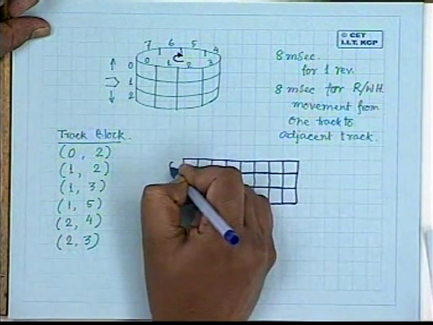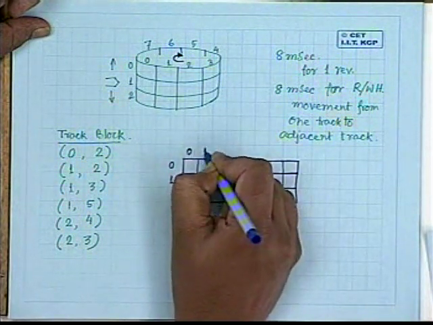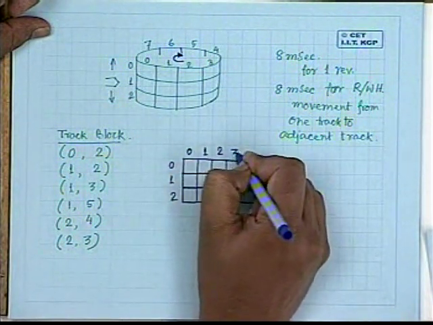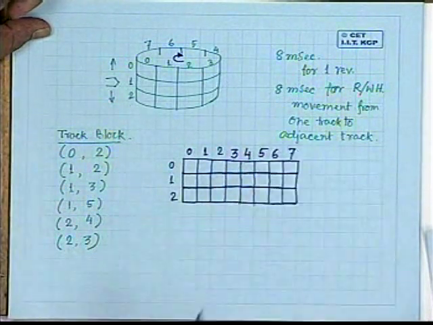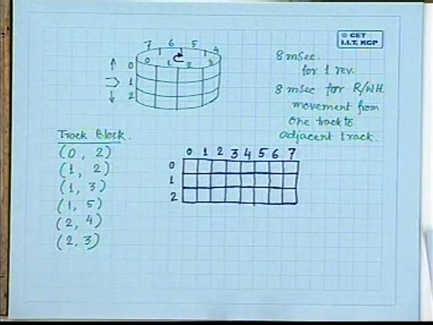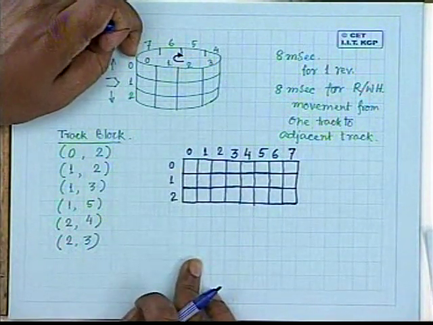This is for track number 0, track number 1, track number 2. This is block number 0, block number 1, block number 2, 3, 4, 5, 6, and 7. Okay, so what I have done is, logically I have cut this cylindrical surface at the boundary of block